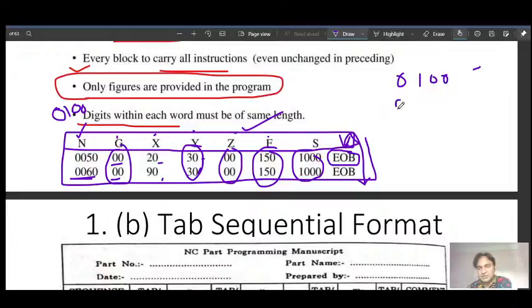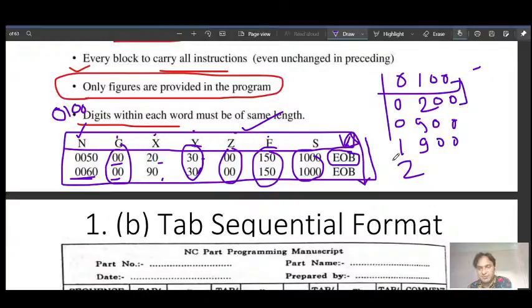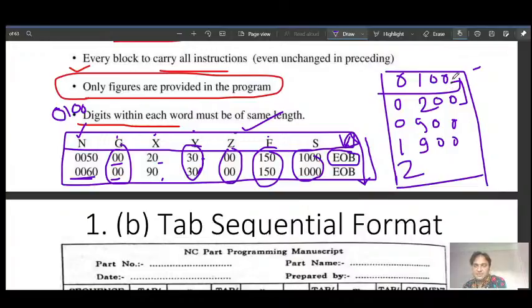Then next you can write 0200, next after 0900, next you can write 1900. Here, if we are writing with a 100 gap, the space is limited, because as you can see we can supply only a limited number of commands, and this 100 gap space we are using for the modification. So avoid that.